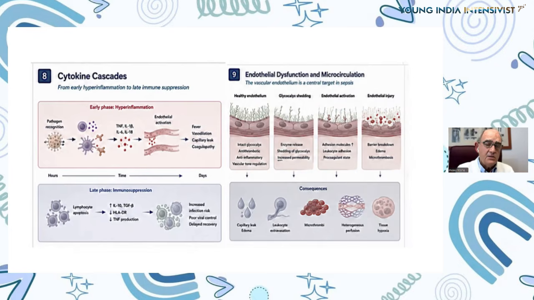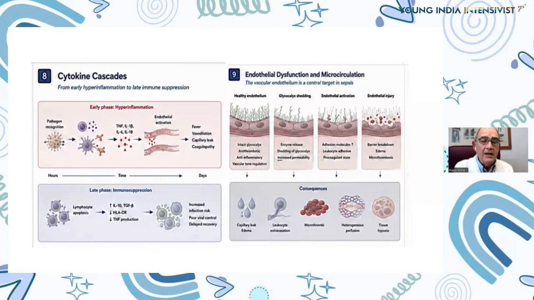The early phase with hyperinflammation, where after the pathogen recognition, we have the activation of the cells of the innate immunity, as I told you before, and through the liberation of a number of cytokines, including TNF, tumor necrosis factor, or IL-6, for example, you may induce easily an endothelial activation. I will see in a minute what it means. And the clinical recognizability at the bedside is the presence of a vasodilation and the start of a capillary leak